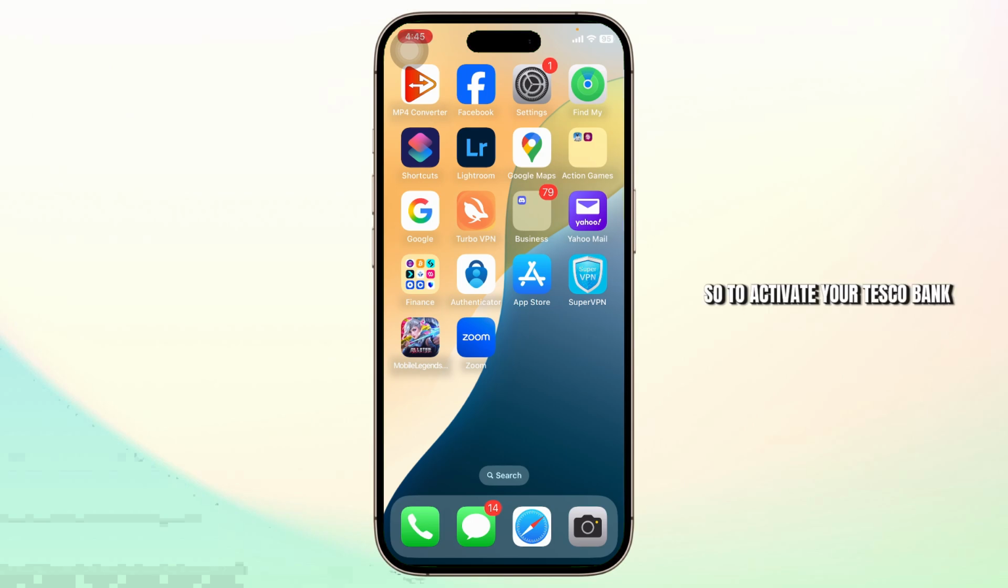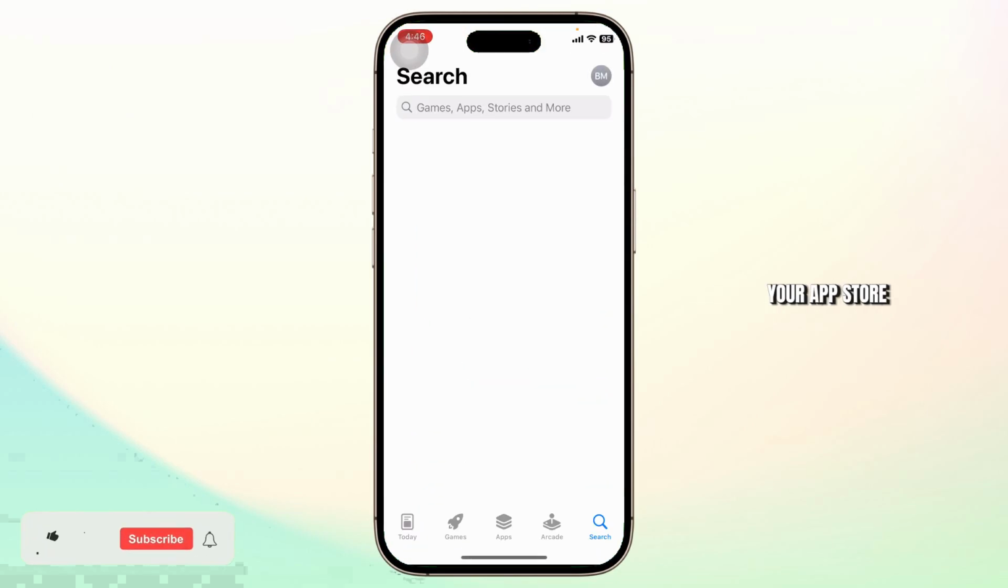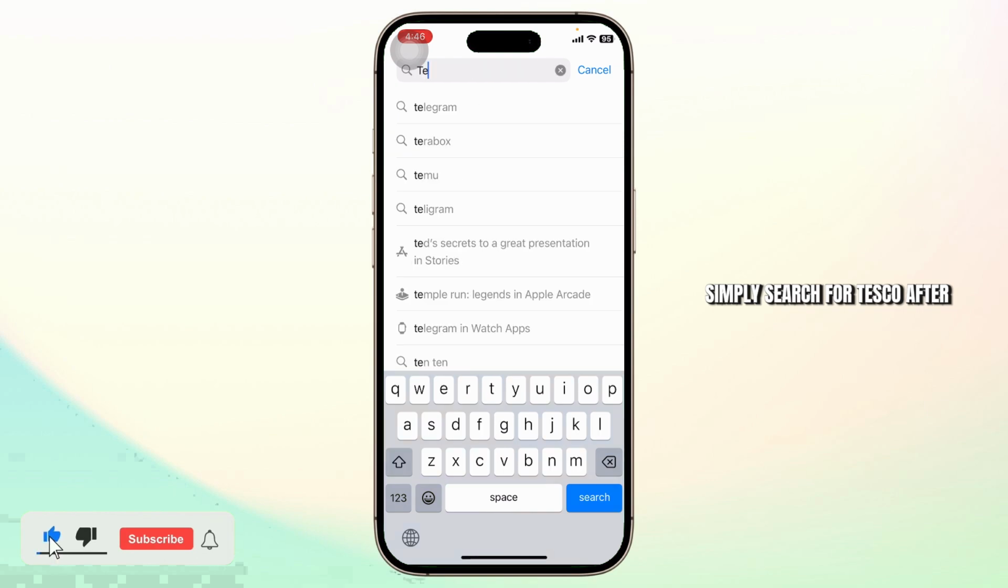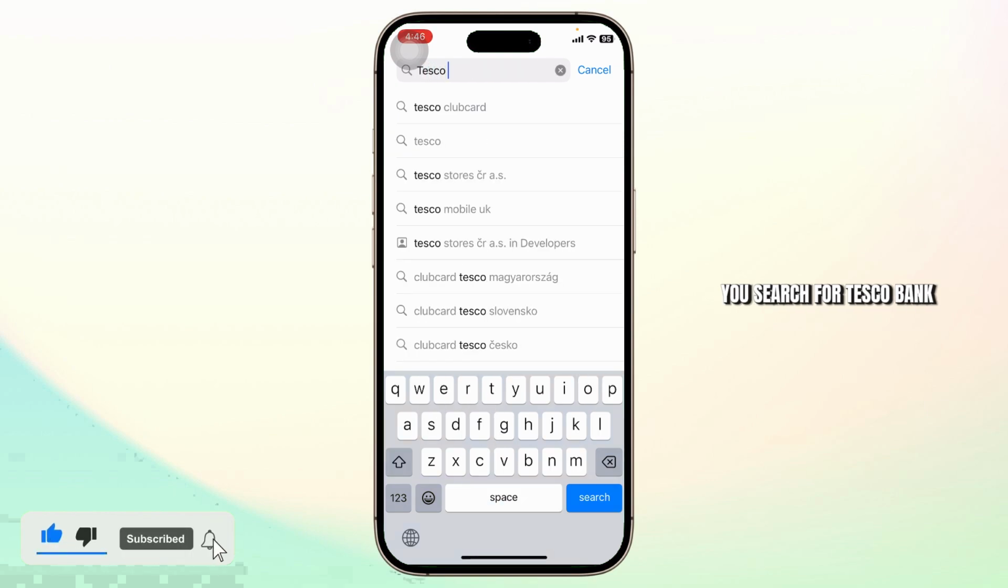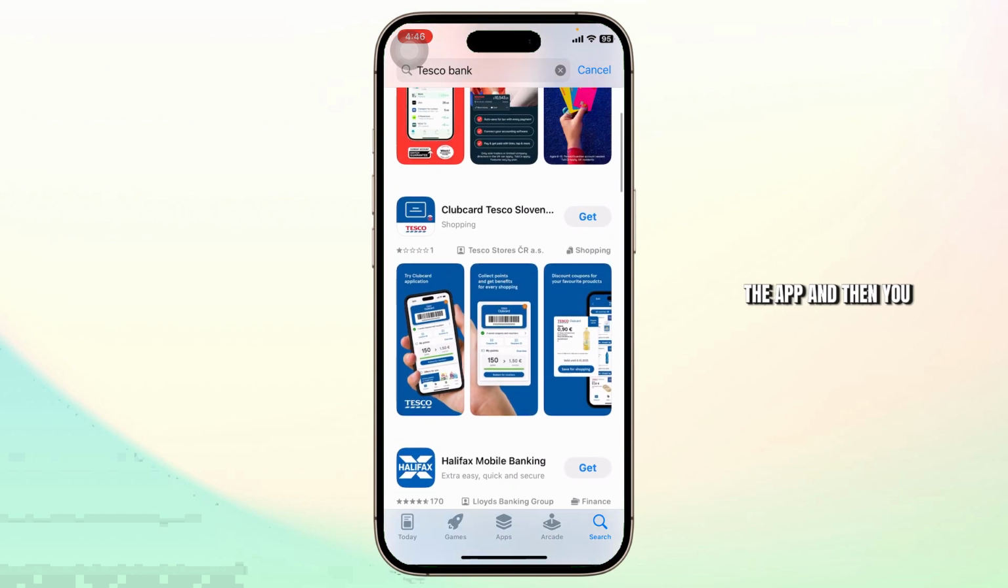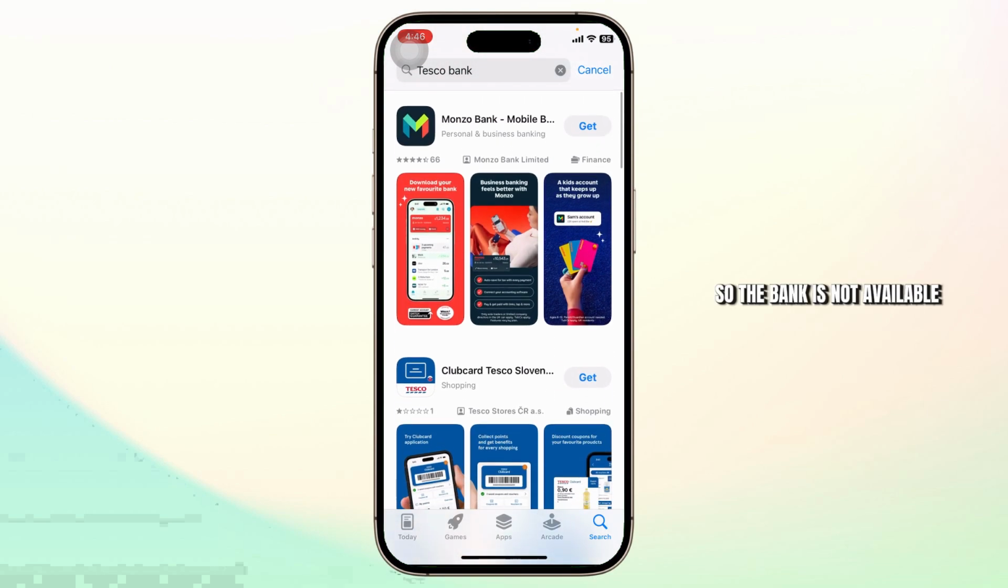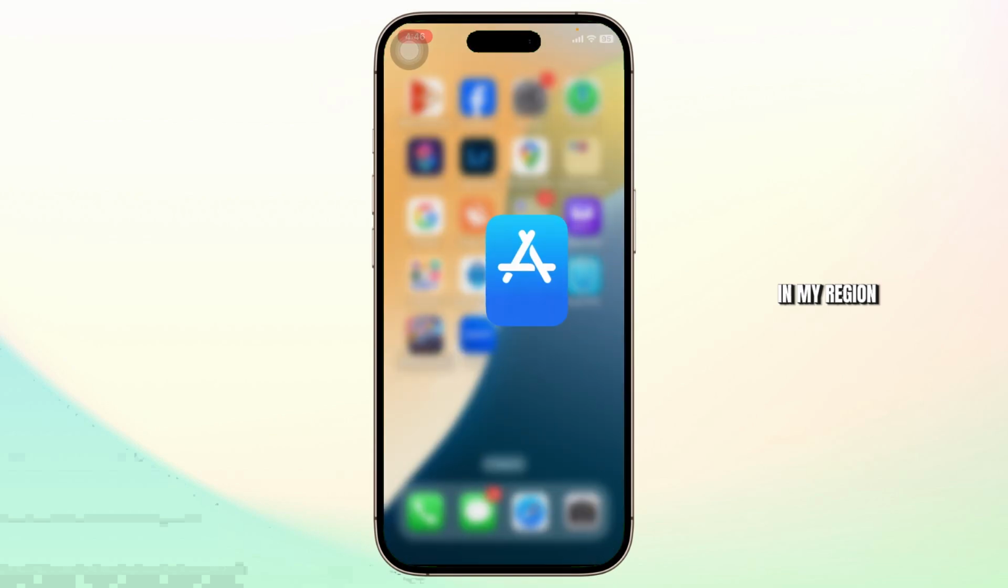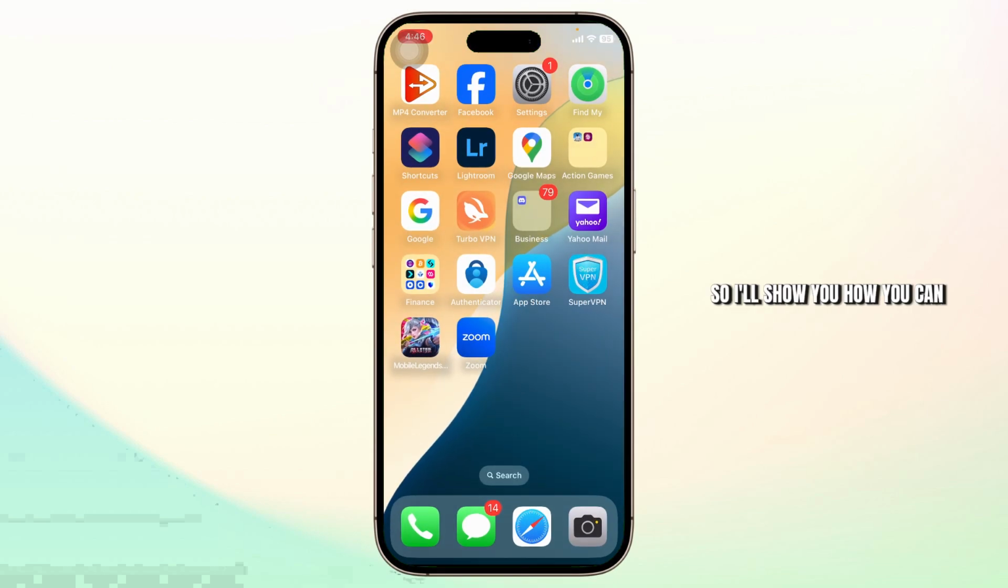To activate your Tesco Bank card, the easiest way is to activate it through the mobile banking app. You can download the mobile banking app from your app store. Simply search for Tesco Bank, you'll find the app, and then you can download it. The bank is not available in my region, so I'll show you how you can do that